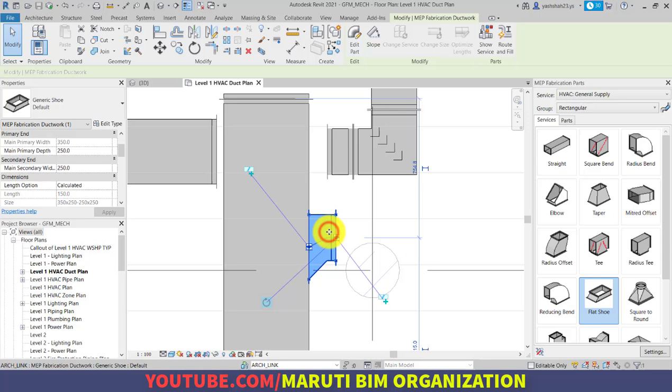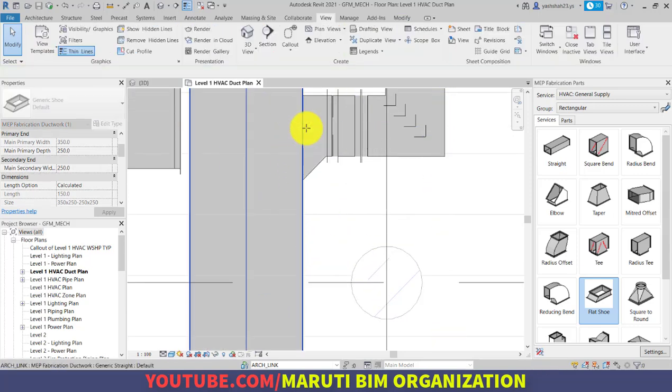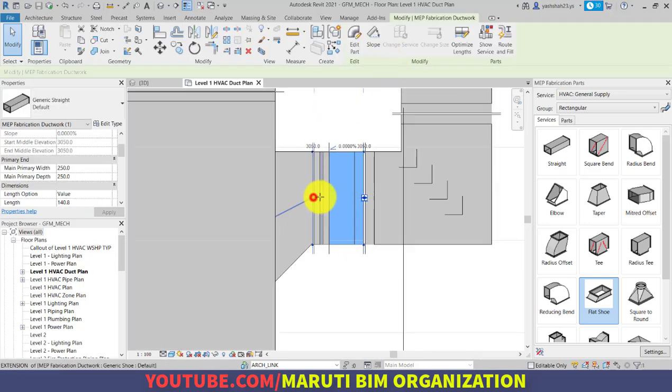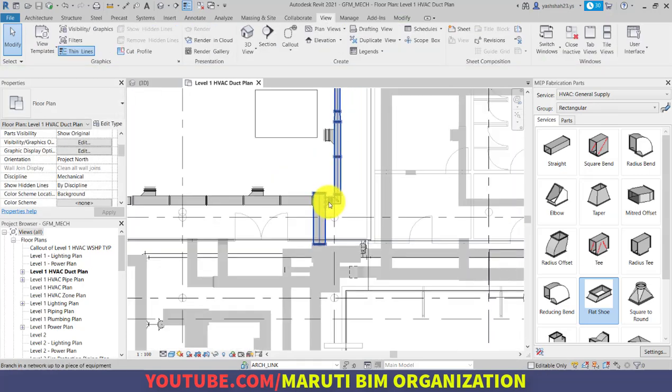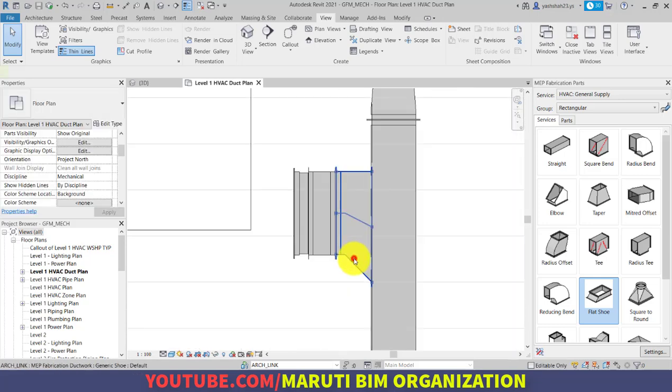And now, the simple process that we have done so far. We have to select this duct and change its length. Notice that by using the tab key, it has selected very nice connection.